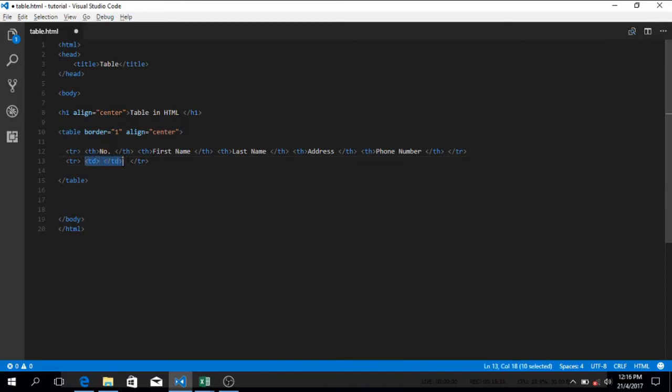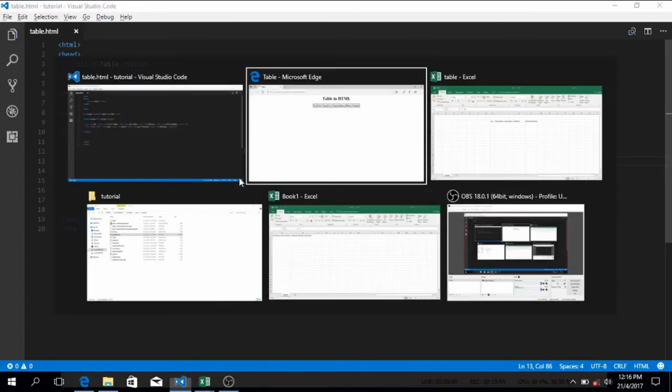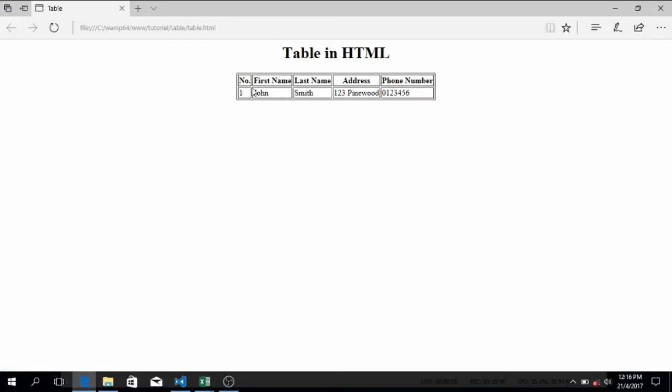Now I'm going to copy this and paste it another 4 times more. 1, 2, 3, 4. So we have 5 table data now. Let's type this. Let's type the first: TD is 1, first name John, and his last name Smith. His address is 123 Pinewood, and his phone number is 01234556. Okay, let's hit Control S to save and go back to our browser and hit refresh, and there you go,